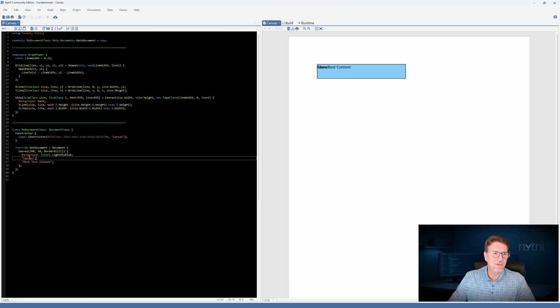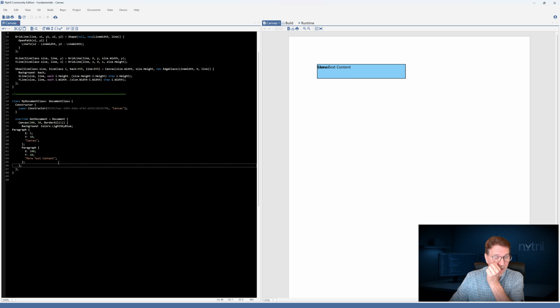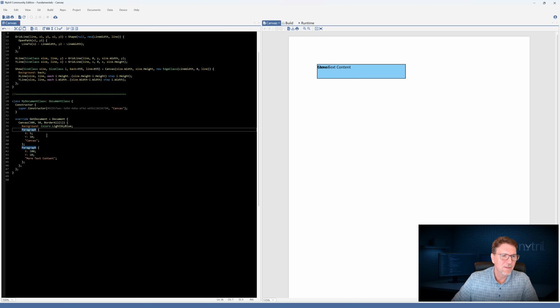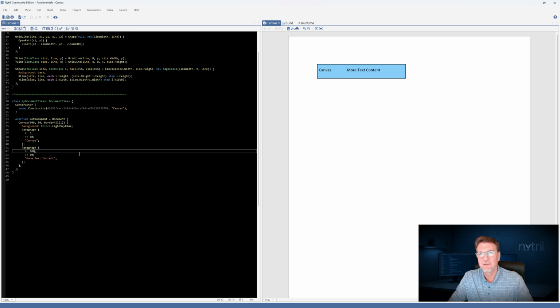So we're going to redo these two pieces of text here by placing them inside of paragraphs and in each paragraph giving it an X and Y coordinate. So we press F5 and now we can see the text is placed in a canvas. You place your content by using coordinates.